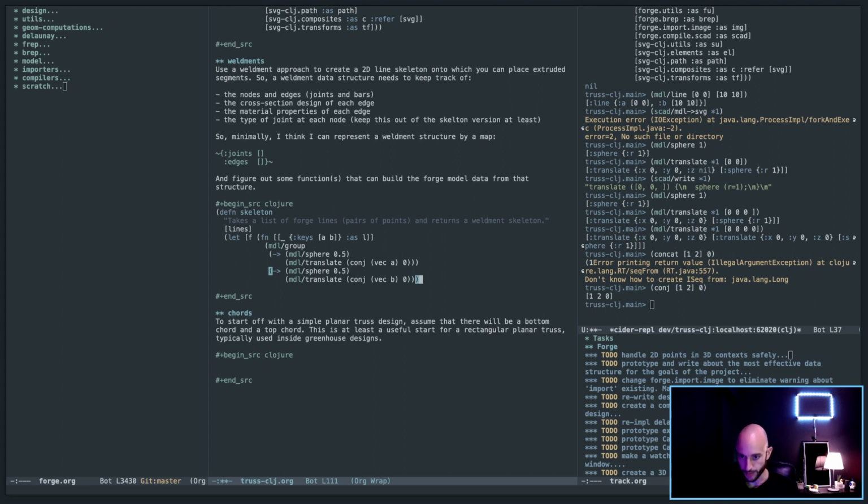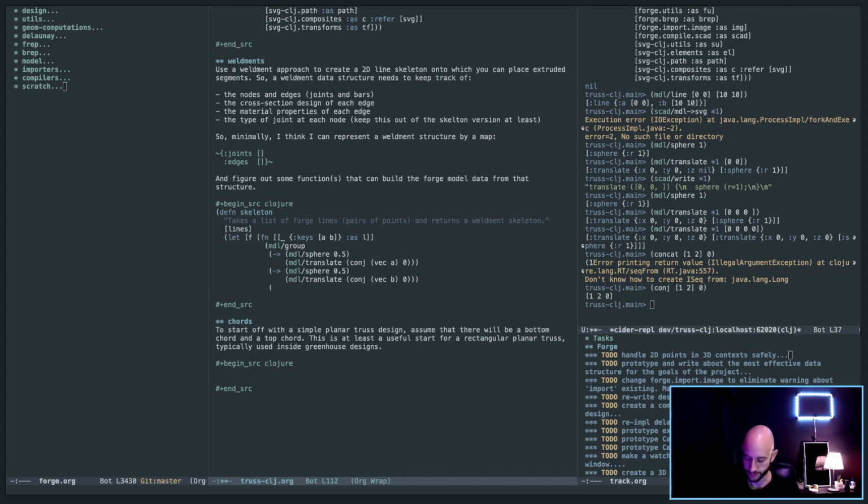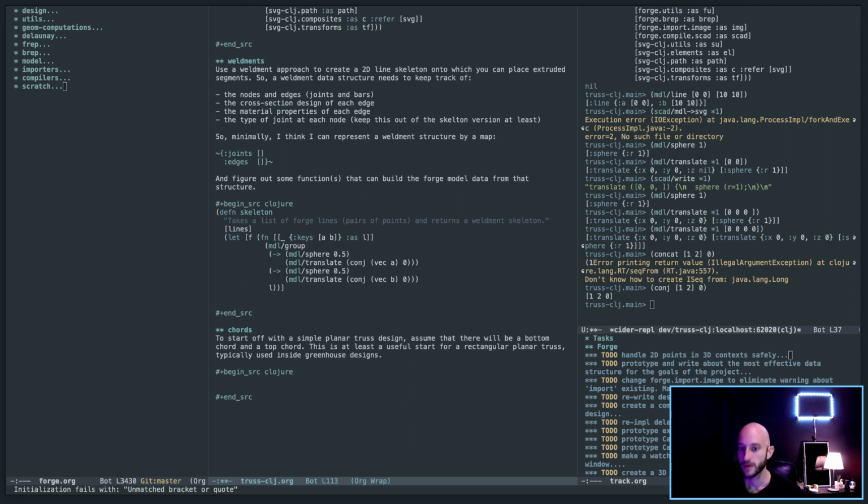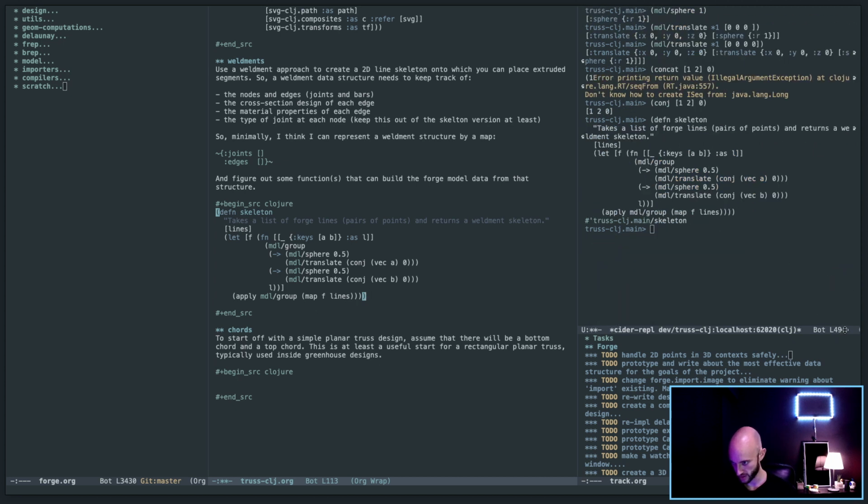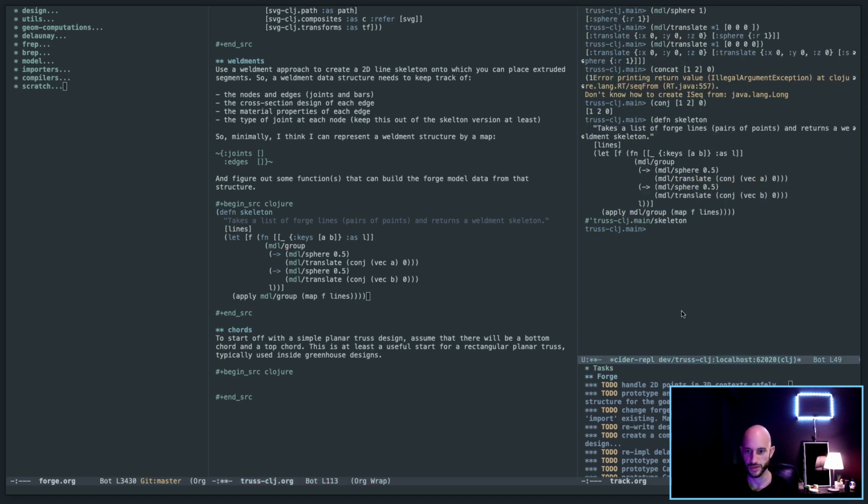All right, so this group needs one more thing, and that is actually L because it's already a group line. Okay, so for line and lines, let's just map. Actually, let's apply model group to the result of map f over lines. Okay, so that's a function. That's a working function? Let's start with a super simple truss. Let's do